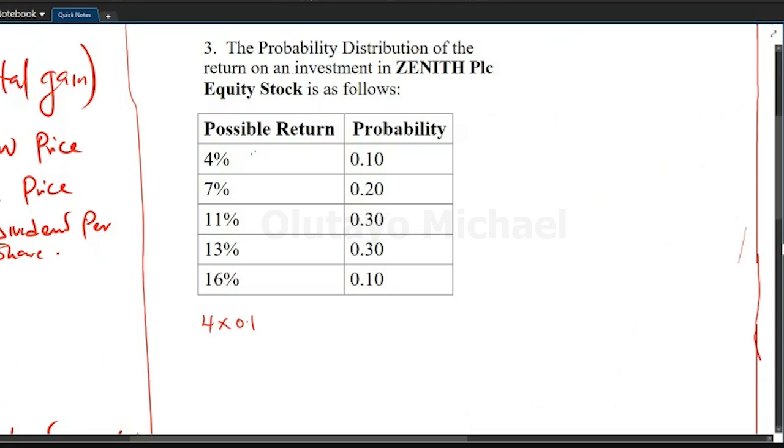So if we add all these probabilities together, they will give us 1, which is 100%. So 4 times 0.1 plus 7 times 0.2 plus 11 times 0.3 plus 13 times 0.3 plus 16 times 0.3. So when we add everything together, it gives us